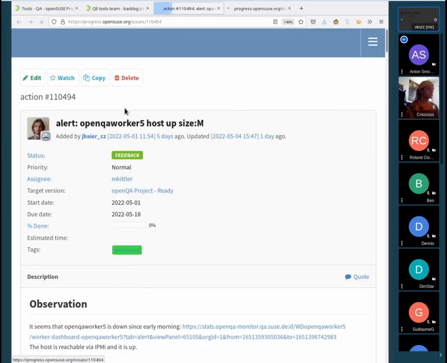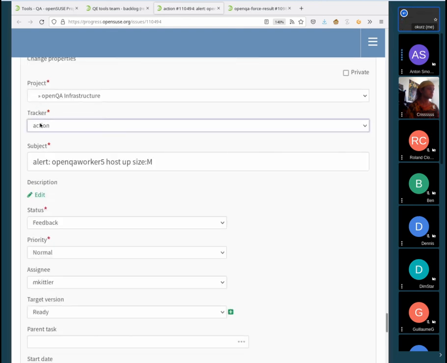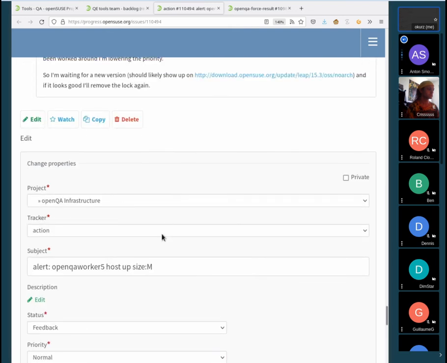It's implemented like that, you know, every ticket is in an according tracker. So for example, you can see here it says action. And you can actually select action and coordination. But the backend of this, is it like an independent Redmine instance? I'm asking just out of curiosity. No, it's not. It's the same instance.